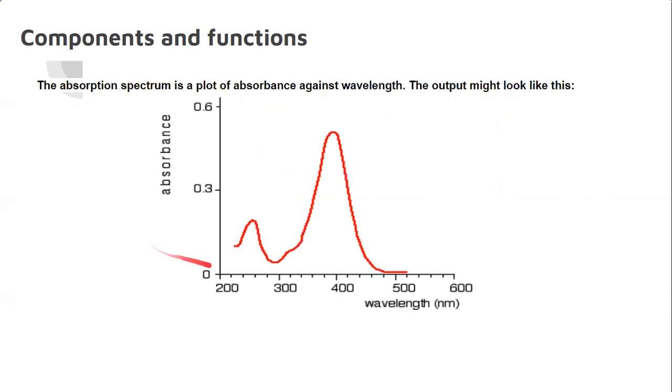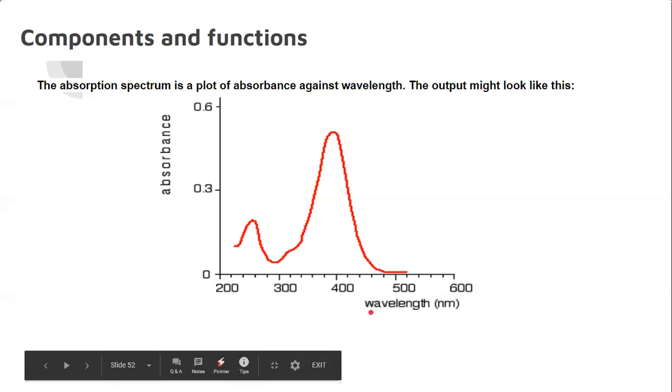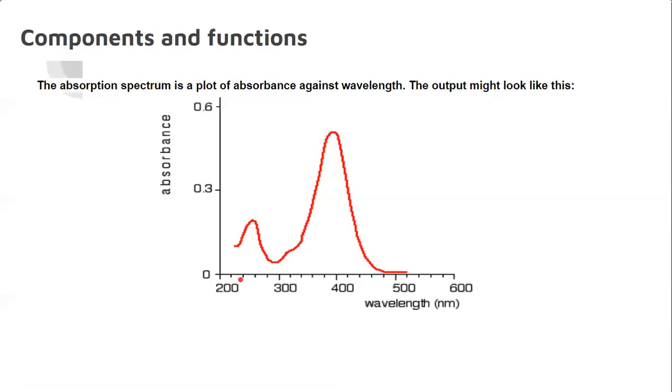Now in the UV and visible range of radiation, on the y-axis we generally get absorbance and on the x-axis wavelength in nanometers. If you observe this, around 210 nanometers the absorption of light starts. Only a very small intensity of light is observed here, and here almost no light is observed. That means the intensity of light coming from the reference cell and the intensity of light coming from the sample cell are equal.